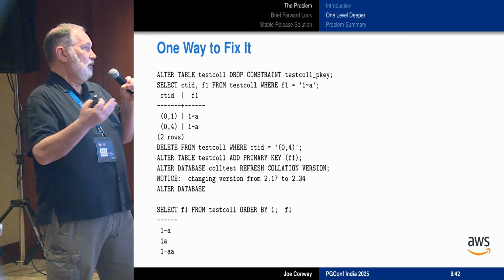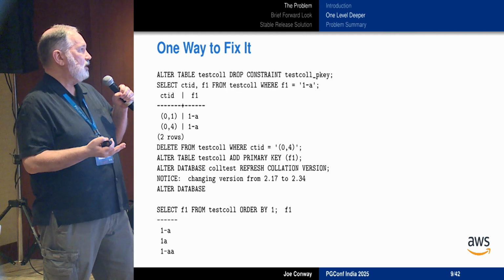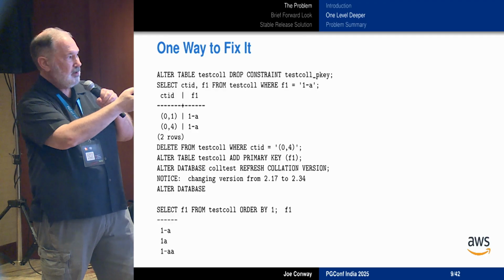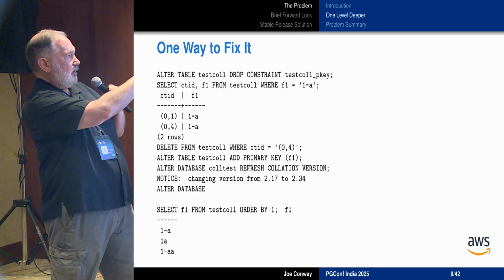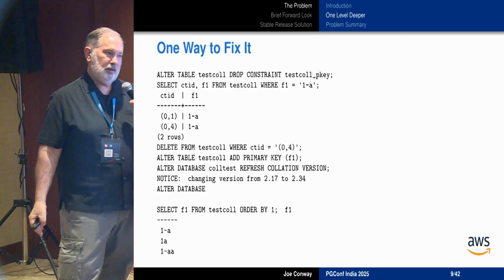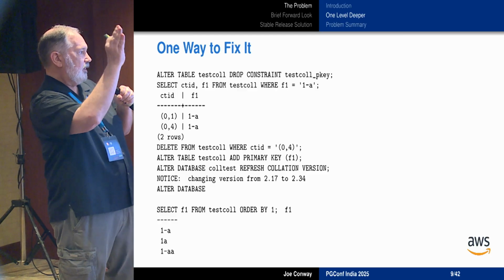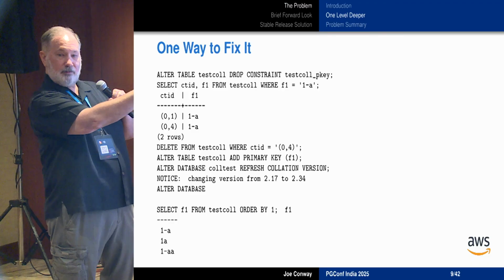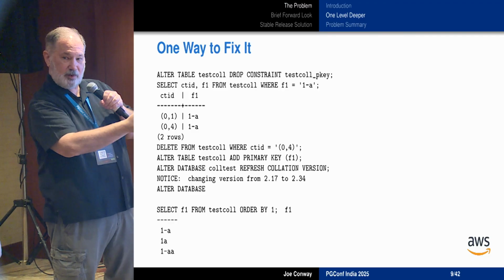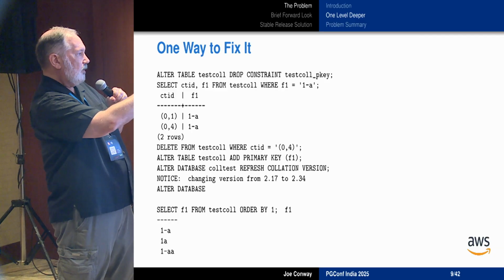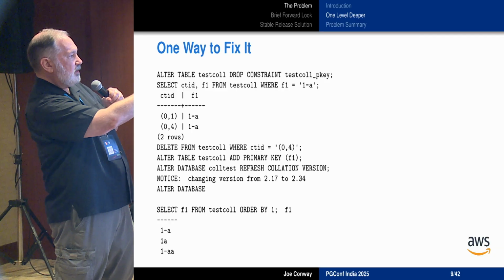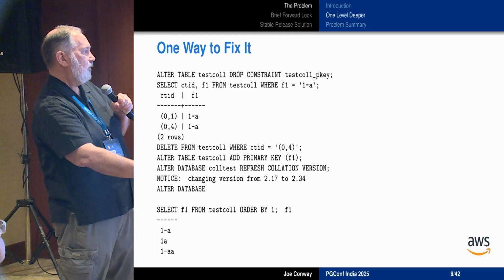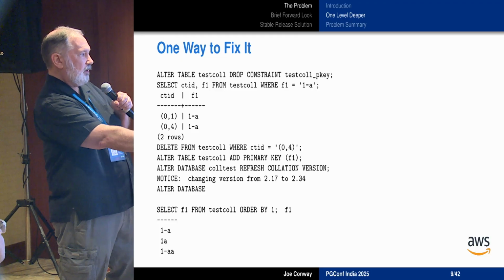So it might be done in multiple ways, but one way you can do it is you can look at the CTIDs for these duplicate rows, and I can kind of infer that the 04 is probably the more recent one, and I'm just going to pick that one to delete. And once I've deleted it, I can re-add my primary key because now I don't have a duplicate for primary key. And now if I do this alter database, refresh collation version, what it will do is it will update